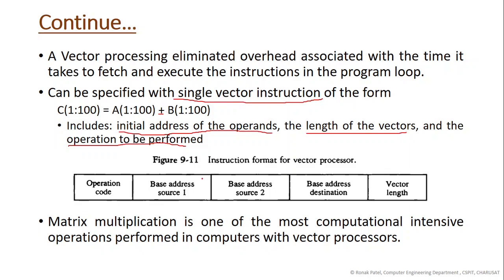Okay, so the instruction format is like this: operation code, what operation you want to perform, base address of source 1, base address of source 2, base address of destination, and your vector length, meaning 100, 1000, likewise. So once you specify the instruction in this format, it will be fetched only once. Once it is fetched, it just performs the operation on all these operands,